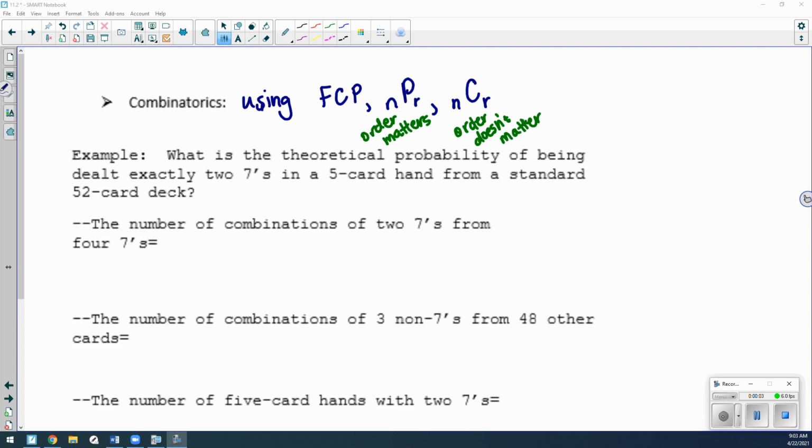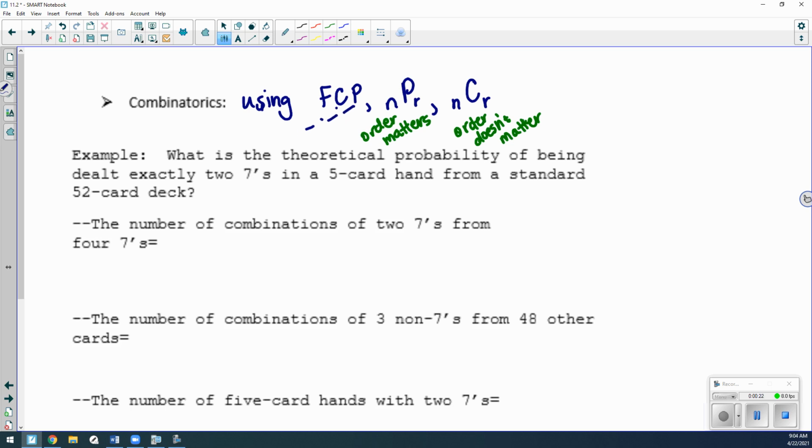Now that we've had a look at theoretical and experimental probability, we're going to take another look at combinatorics and use combinatorics eventually to determine some probability. So remember that combinatorics is when you use the fundamental counting principle. So you just take a look at what you're dealing with and you multiply all of your objects or all